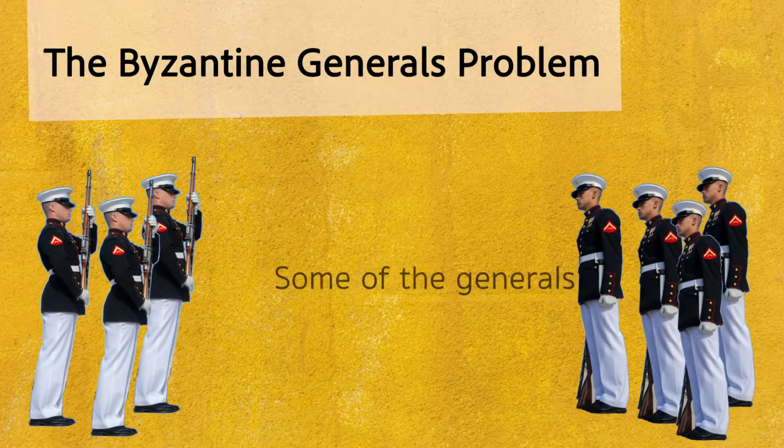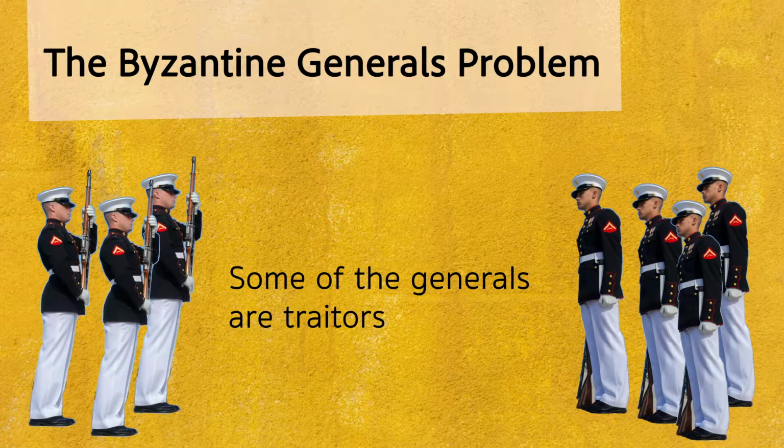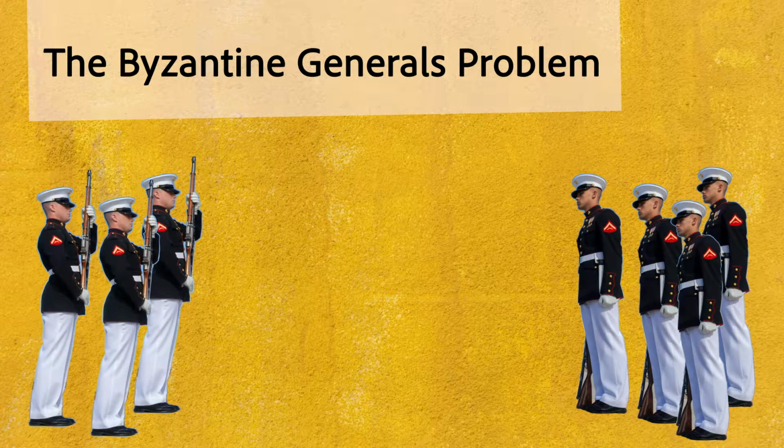Now, in our example, some of the generals are traitors. The problem becomes complicated because some of the generals who are traitors will cast a vote for an unwise decision selectively. Say in our example there are 7 generals. The generals have the option to vote for attacking the city or not attacking the city. The side that receives the most votes will be the course of action.